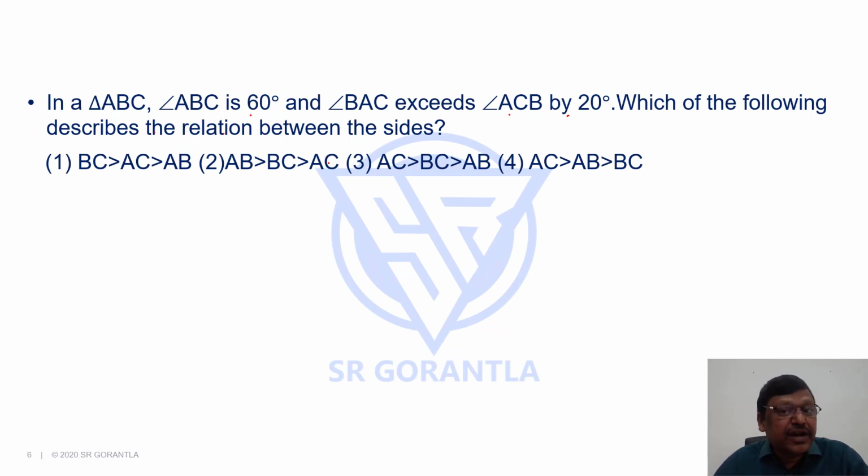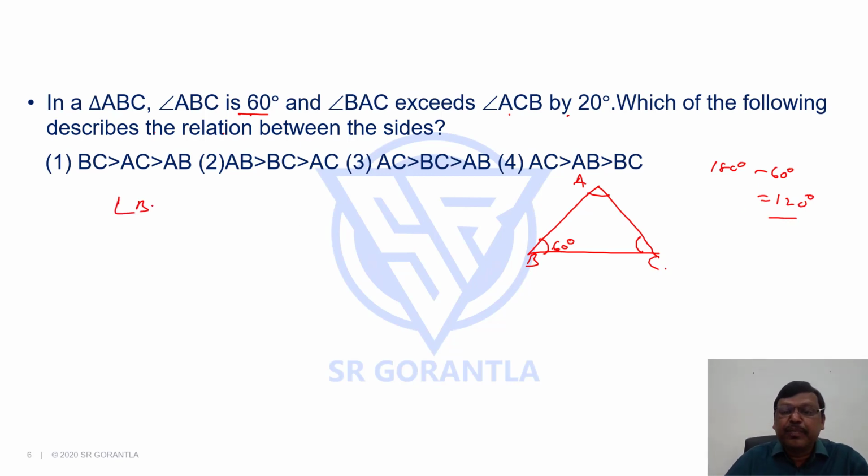Can you please make an attempt and then continue watching this? In a triangle ABC, angle ABC is 60 degrees. If this is 60, you know the sum of the other two angles has to be 120, because the total is 180. Out of this, one angle is 60, so the other two angles should sum to 180 minus 60, that is 120. So angle BAC, that is angle A, plus angle ACB, the sum of them should be